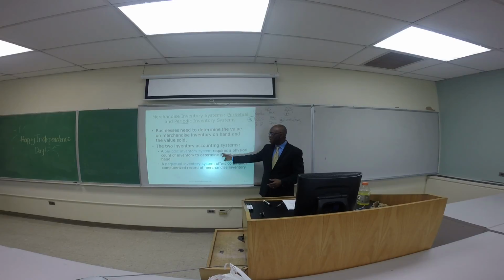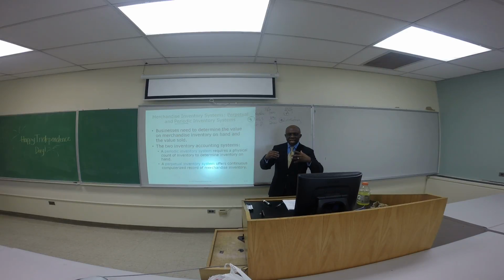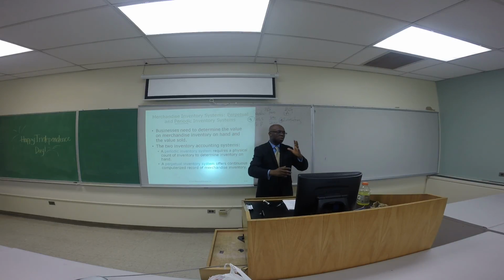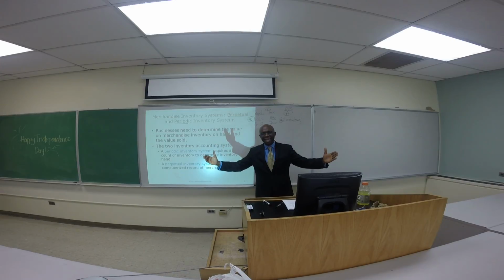Now let's take a look at the definition of these two systems, starting with the periodic inventory system. We say that a periodic inventory system does not keep a detailed running balance of inventory on a daily or weekly basis. What does that mean? We buy a bunch of inventory, we put it on the shelf, we sell, we buy inventory, we sell inventory. So as time progresses, we don't keep track on a continuous basis. So at the end of the month, or at the end of the quarter, or at the end of the year, however the case might be, when we are ready to prepare our financial statements,